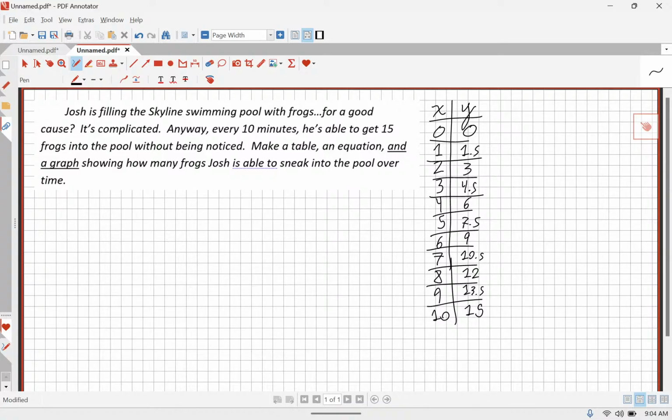Now, I'm going to say, guys, that all of these points totally make sense for my math, but not all of them make sense for my situation. When I say teach, I want you to look at these points and tell me which ones, even though they make sense in terms of the math and the equation, don't make sense for my story. Teach!